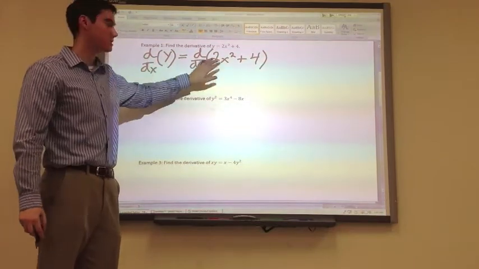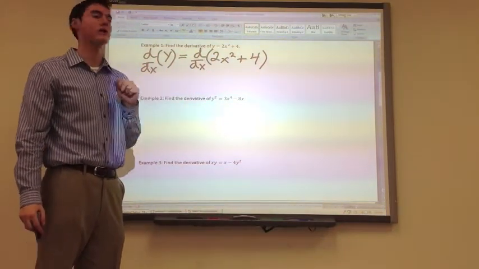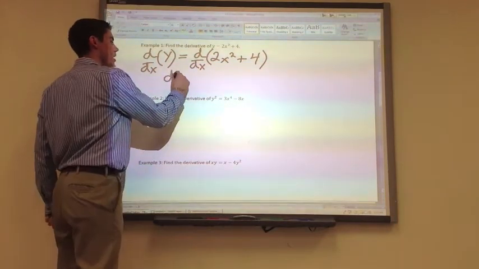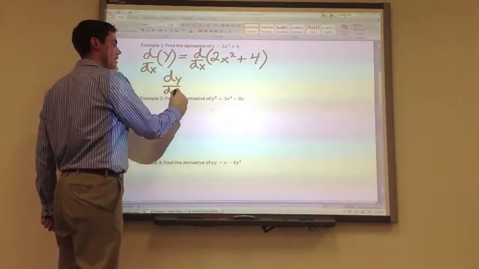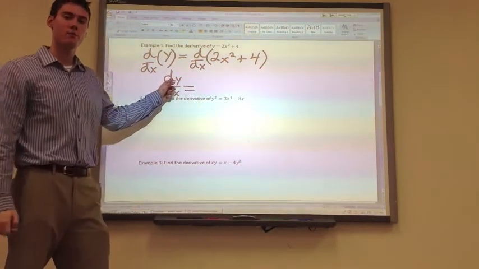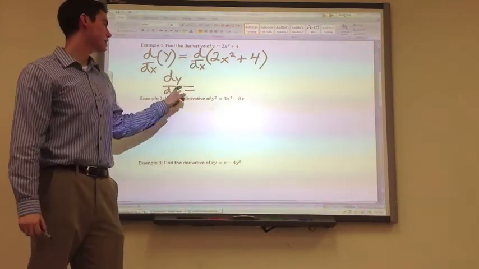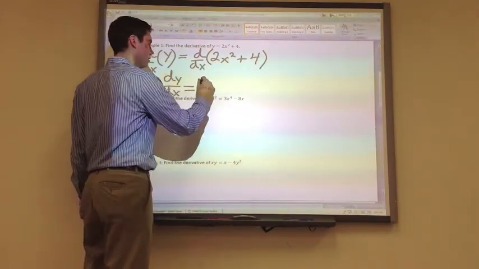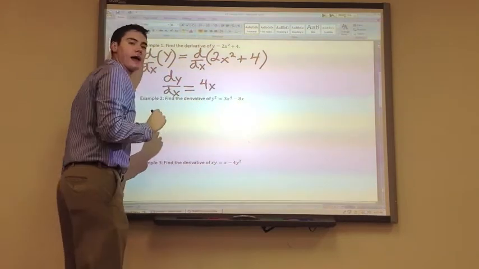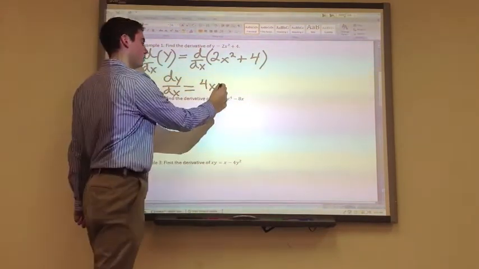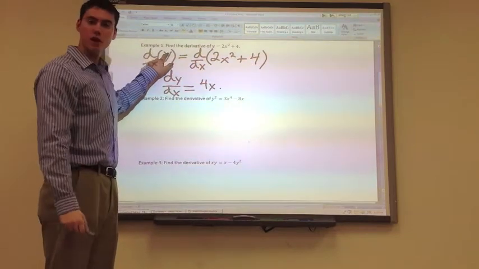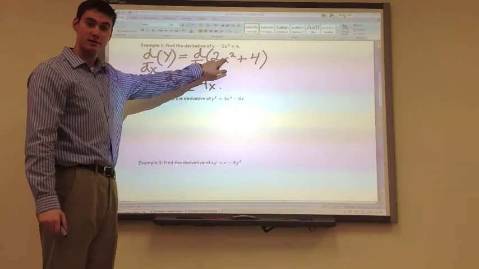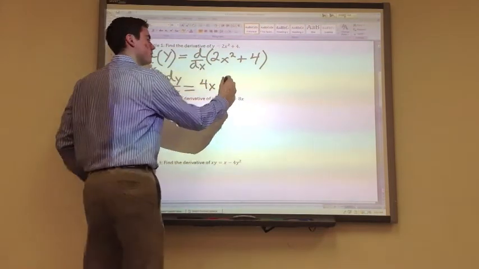Anything that's done to one side has to be done to the other side by the properties of equality that we know. The derivative of y in terms of x, instead of writing y prime, I want to write instead dy dx. They mean the same thing, but this notation is going to be more helpful to us. So dy dx is equal to the derivative of 2x squared is 4x. Now we've never written this before, but if the derivative of y in terms of x is dy dx, then the derivative of x, a function, in terms of x,